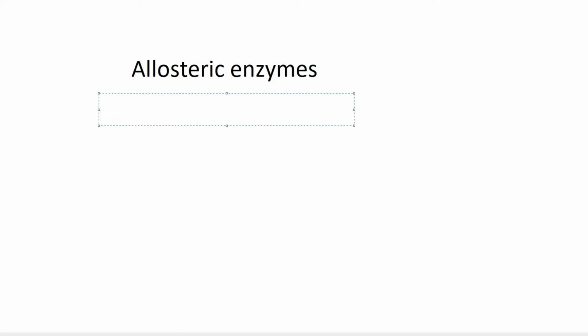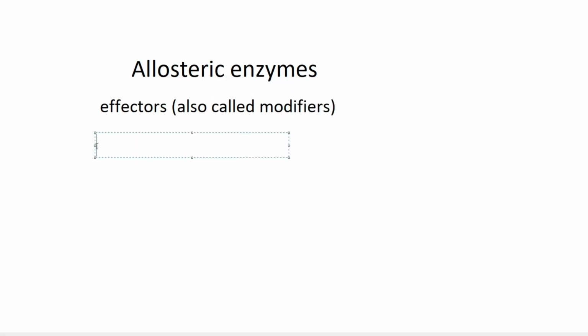So first we'll speak about allosteric enzymes. They're regulated by molecules called effectors. They're also called modifiers, so the same thing. They bind non-covalently at a site other than the active site. These enzymes are usually composed of multiple subunits, and the regulatory site, also known as the allosteric site, binds